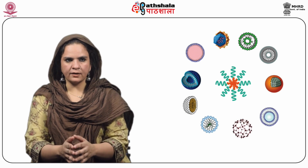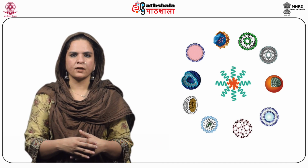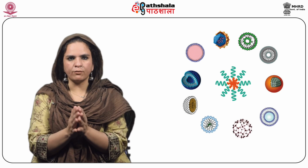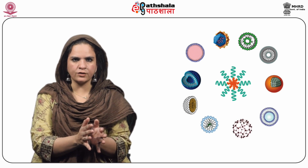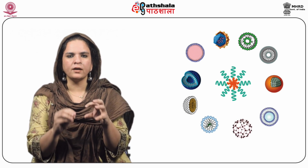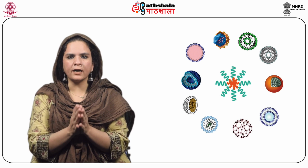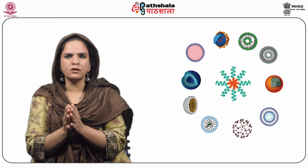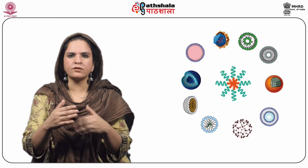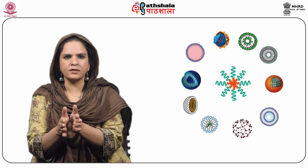We come to the next category, that is referred to as your adsorption type depot preparation. How are they developed? They are developed by binding of the drug molecules or any therapeutic agents to the adsorbents. The word adsorption type depot preparation in itself clarifies this. In this case, only the unbound free species of the drug is available for absorption. As soon as the unbound drug molecules are absorbed, a fraction of the bound drug molecules is released to maintain